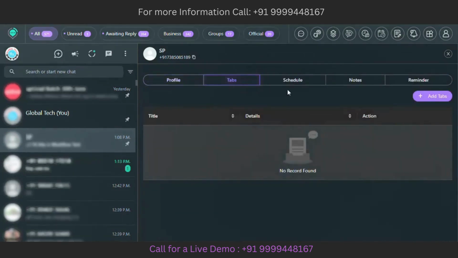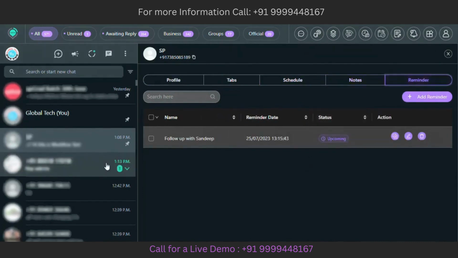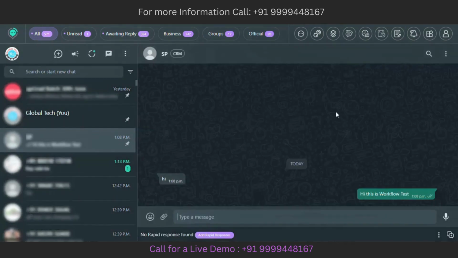So you can see the tabs here, you can see the schedules here, you can see the notes here, you can see the reminders here for each contact. Okay, and